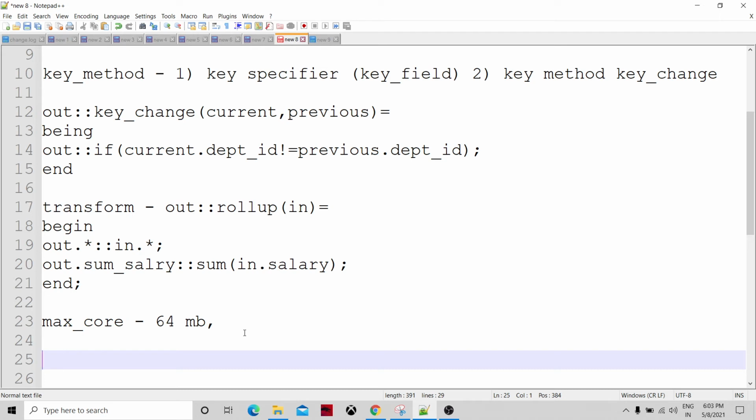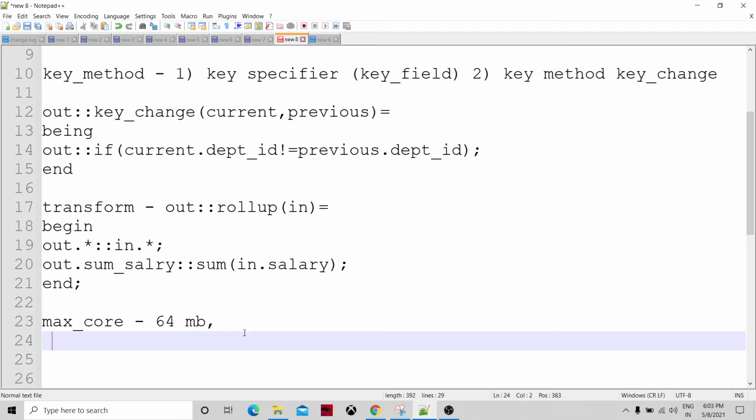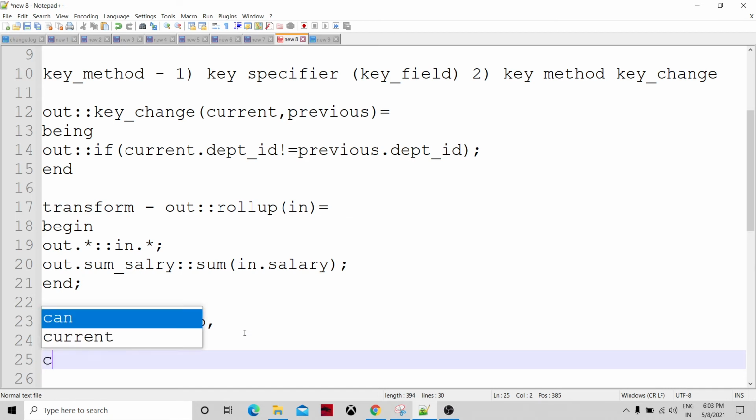There are reject threshold parameters actually. Before that, we can check the check sort parameter. Whenever you specify sorted input as true, then check sort will check whether the records are really sorted. If any out of order record comes, then the component is going to fail.